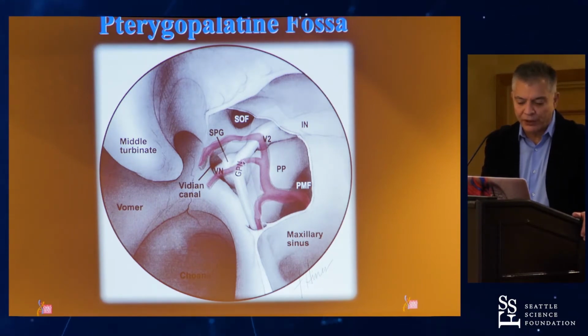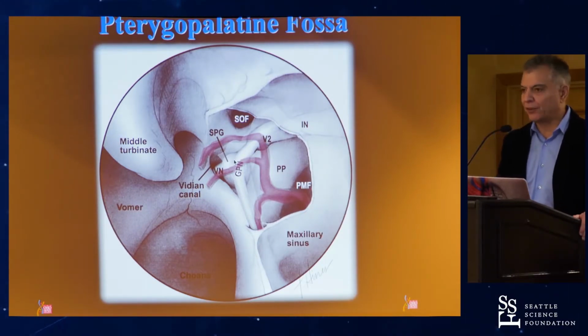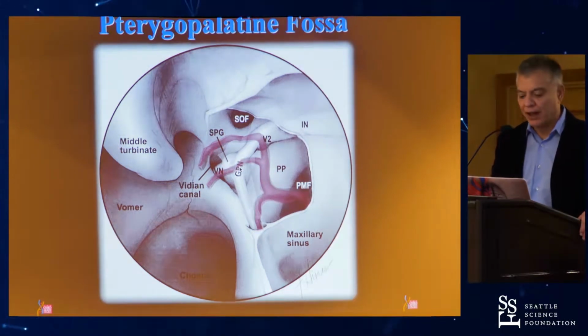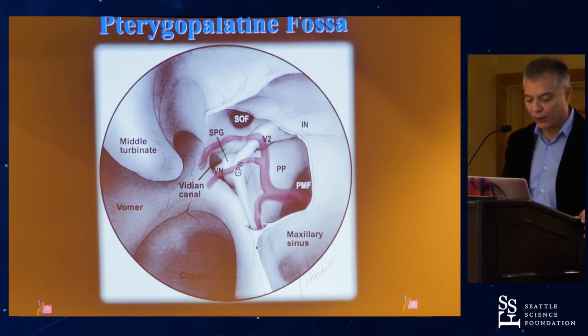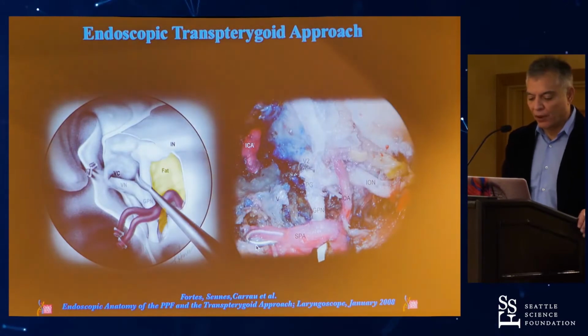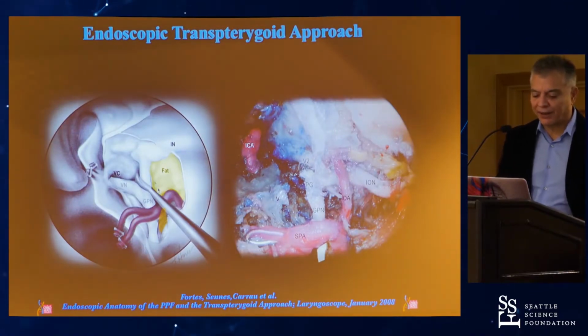schematic. And what I want to show you is that this sphenopalatine ganglion that is behind the vessels has 3 branches. One goes to V2. That one you can forget about. Basically, you can sacrifice it. Won't have any major deal. And you have the Vidian that goes away, and you have the greater palatine nerve that goes down into the palate, and also a lesser palatine. So here you have in the schematic the same deal after you mobilize the artery, and here you have it